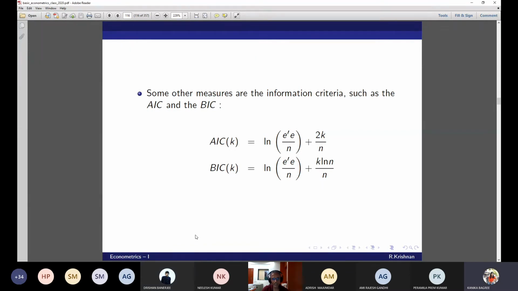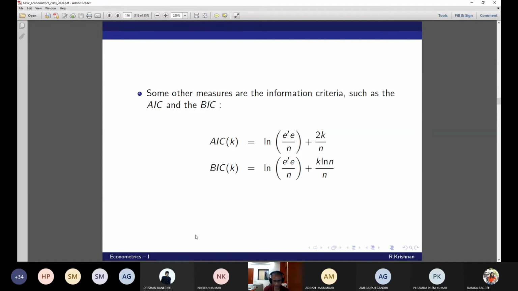Okay, there are two criteria, AIC, BIC. This is called Akaike information criterion, Bayes information criterion, or Schwarz information criterion. You can take it from me now. When do you use this? There are two other criteria also. What are those? Akaike final prediction error criterion and Hannan-Quinn criterion. These four I always introduce in the time series lectures. Now take it from me. You have been given four criteria, which one to use?